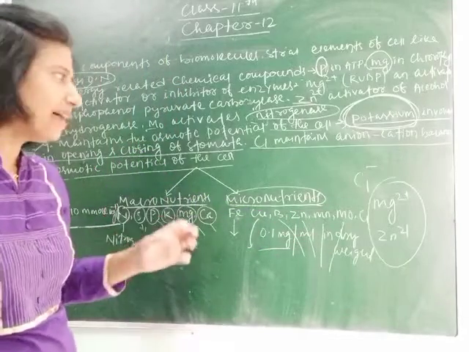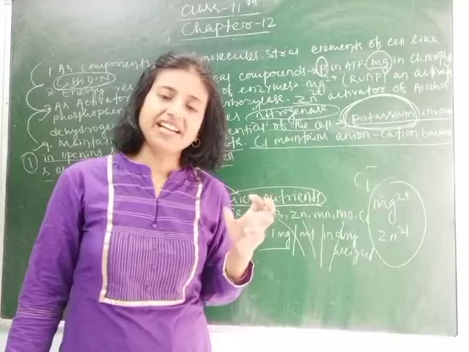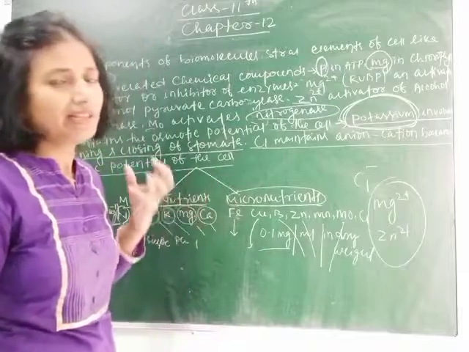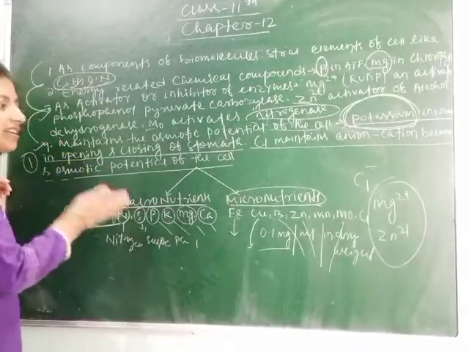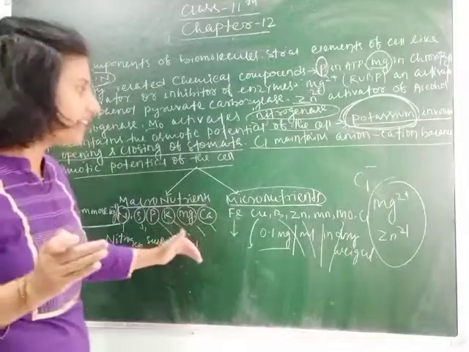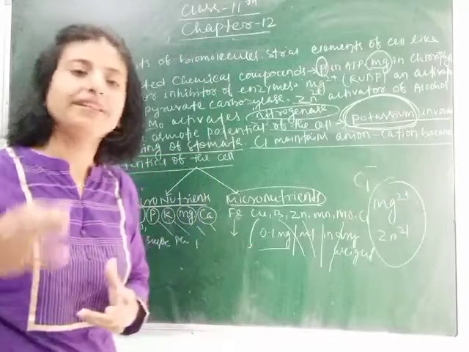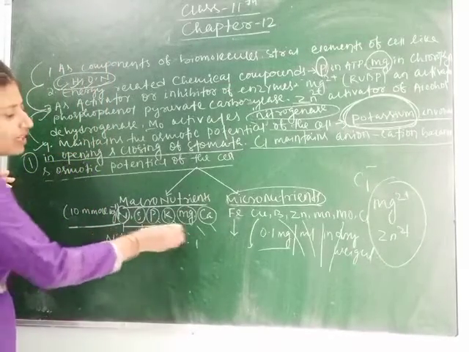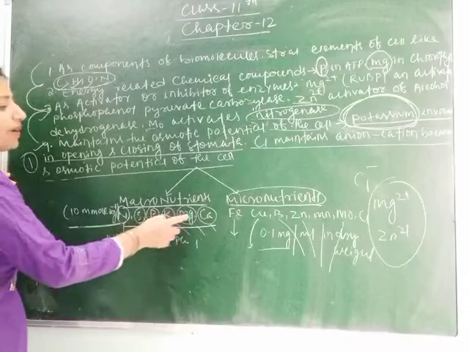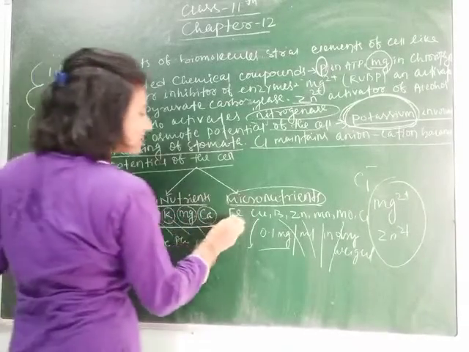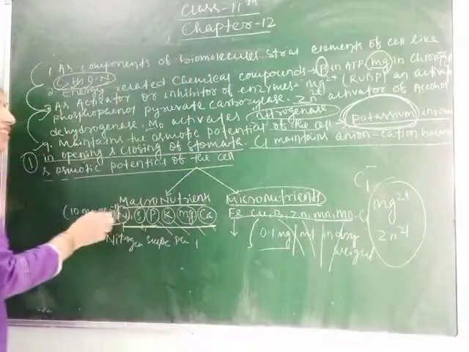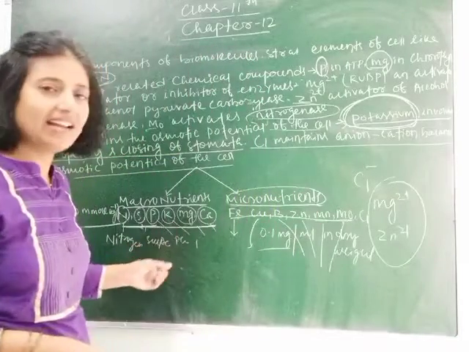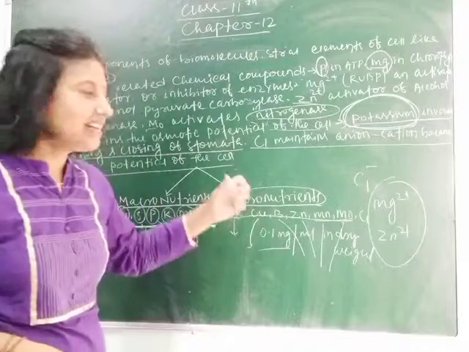As I told you in my yesterday's class, there are 17 types of nutrients required by plants, but 4 are required only by the higher plants. These 13 elements are the most important elements or minerals required by all plants for their overall growth and development. Out of which 6 are macronutrients, 1, 2, 3, 4, 5, 6, and 7 are micronutrients, which are needed by the plant in a specific amount. Means macronutrients are required in large amounts, whereas micronutrients are required in less amounts.